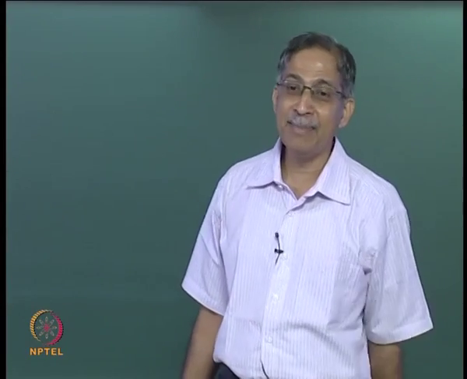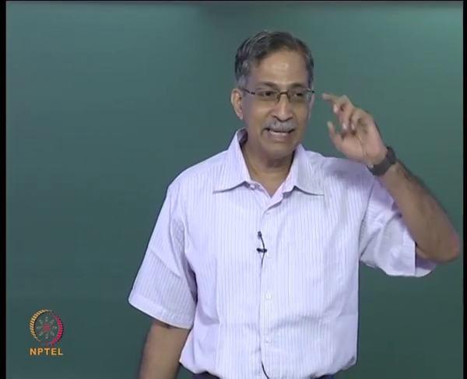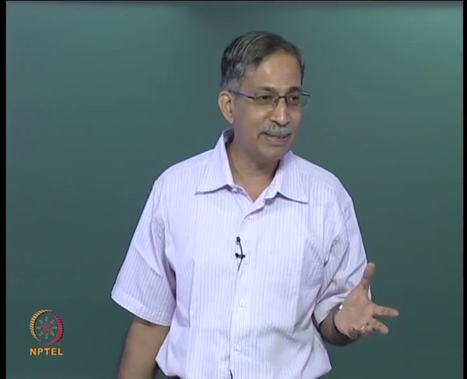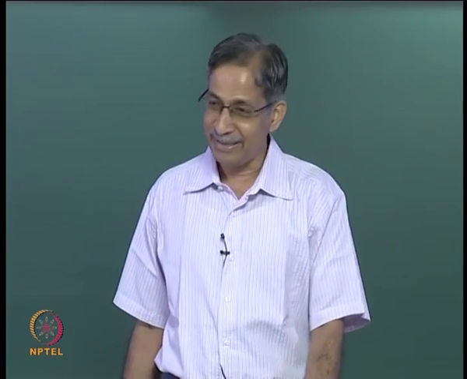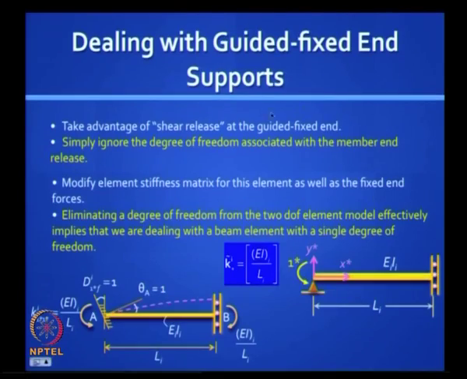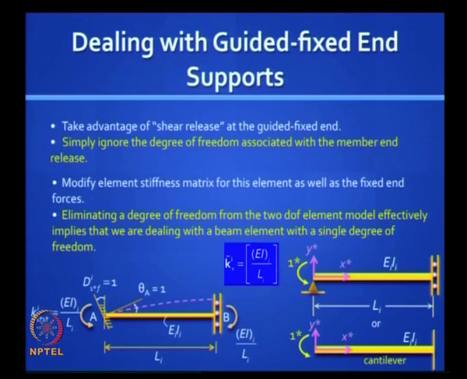Here we will take Ramesh's suggestion. Remember in the beginning he said, why do you always take a simply supported beam as the element, why can't you take a cantilever? Here it is ideal to take a cantilever because the behavior is exactly like a cantilever. So my suggestion is, you can take this element, but it looks so complicated, right? Why don't we take a much simpler element, and that simpler element is this simple cantilever fixed at the other end, and you know that the stiffness is the same. There are two ways of getting EI by L. So we will use this in our symbols, so that our understanding is simplified.